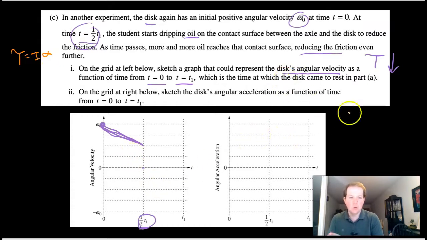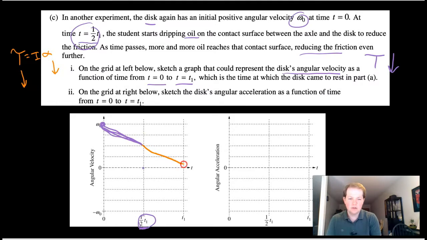But then at t equals 1/2, what did we say? The torque is decreasing. So if tau is getting smaller, the disk has the same inertia. Well, let's see, the acceleration must be getting smaller, that deceleration must approach 0. Now, this is a velocity graph, so the slope is the acceleration. If the acceleration is approaching 0, then the slope should be approaching 0. So I'm going like this, right? Here's my initial slope. I could keep going, but it should approach 0